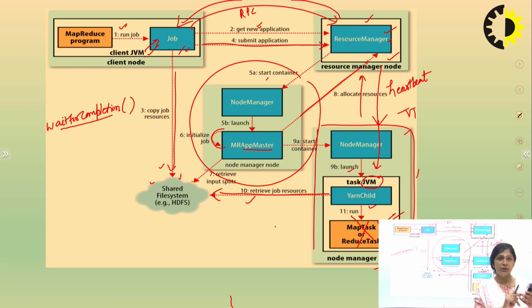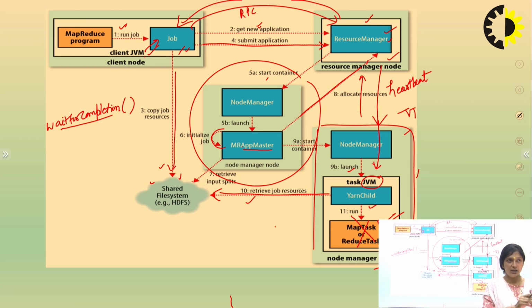As the waitForCompletion function runs, it will trigger to connect the resource manager with the job and run the jobs. Now the client will communicate with the resource manager in the form of RPC. RPC means remote procedure call, which we use for the communication, and will get a new ID or application ID.